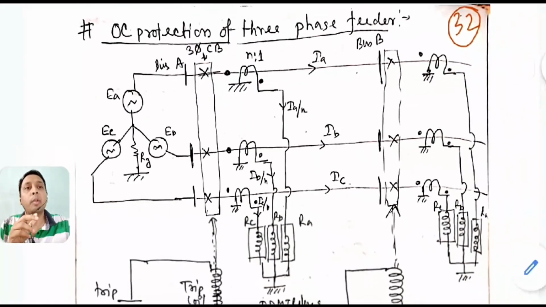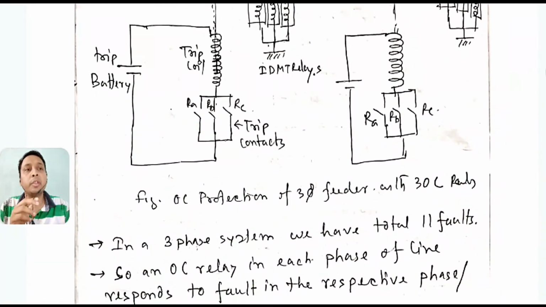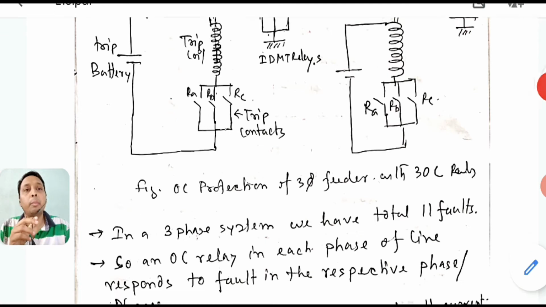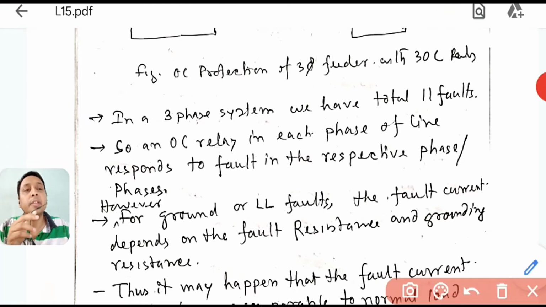So now what is the problem? It will work well because I am using three overcurrent relays in the three phases, but there are some faults in a three-phase system, which are ground faults or line to line faults, which mainly depend on the ground resistance. In dry places the ground resistance is very high. It is not paddy land, no water is there, moisture content is nil. So in that case ground resistance can be very high, and your line to line fault resistance can also be very high. If these are very high, then your fault current doesn't become so much.